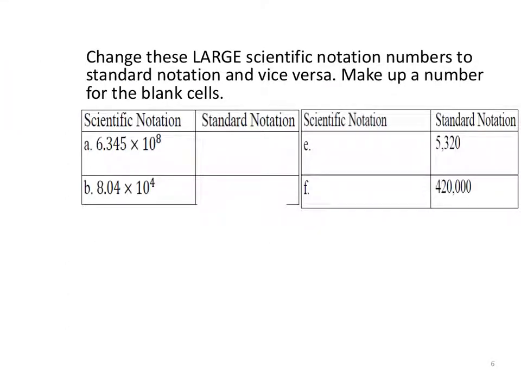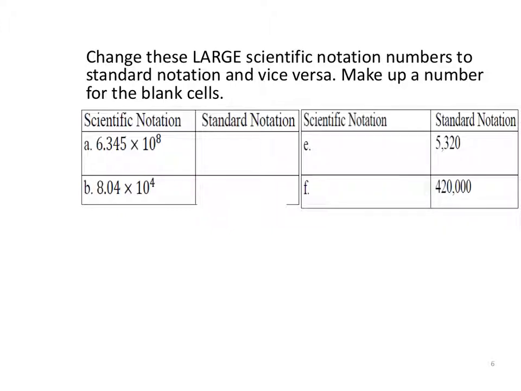So here's some examples. Let's change these scientific notation numbers into standard notation, and we can see from these values that both of them have a non-zero number in the ones position, and then you have some number of decimals after that with the base 10 to some power, which is all we really need right now. Now for this